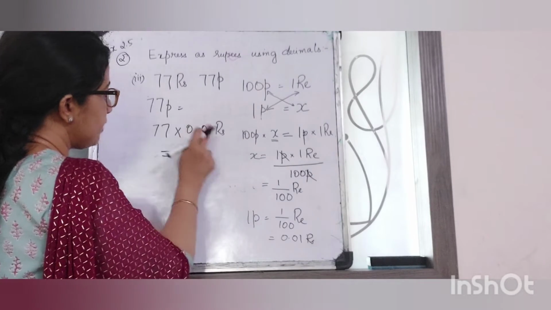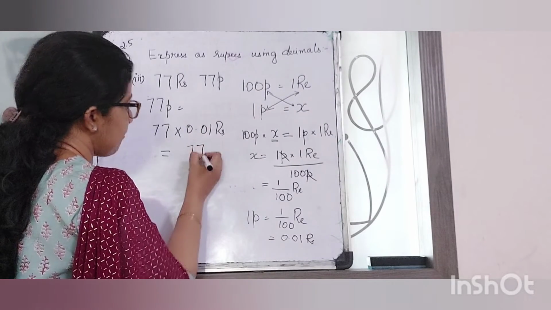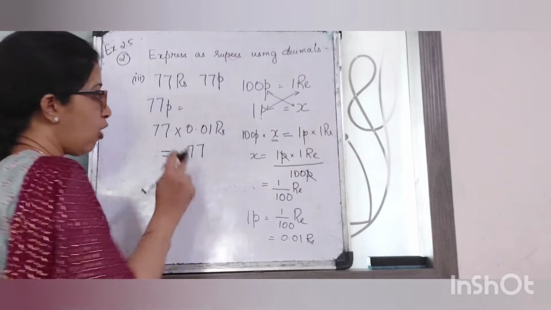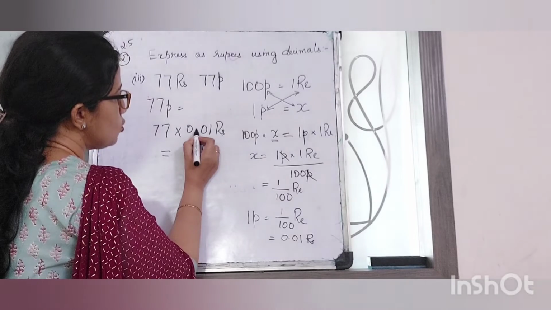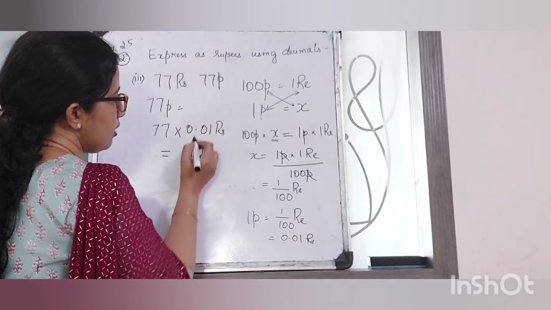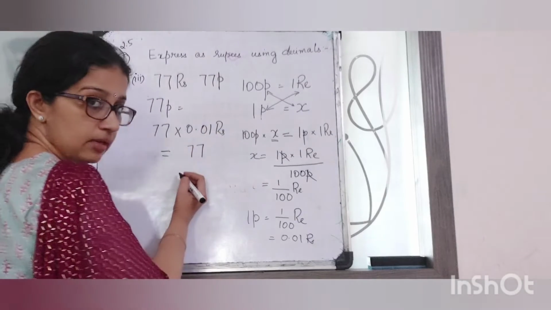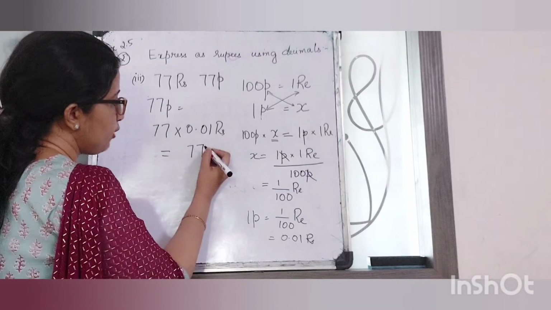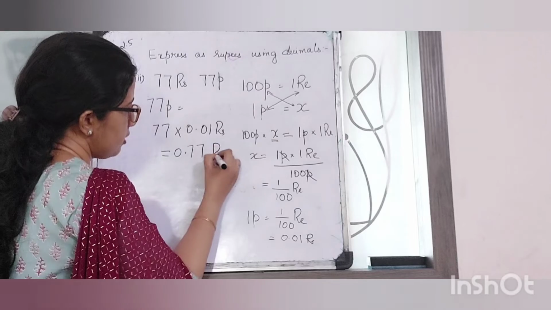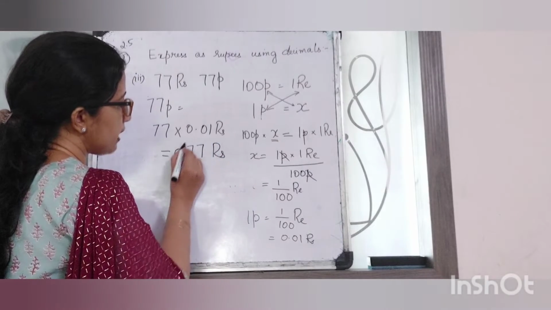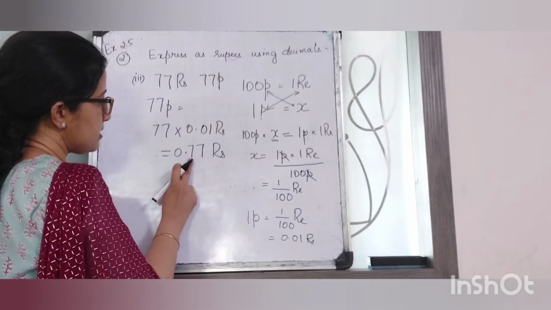So 77 into 1 is 77. Now we have to see how many decimal places to put. There are 2 digits to the right of the decimal point, so in the answer also, 2 digits will be to the right of the decimal point. So the answer is